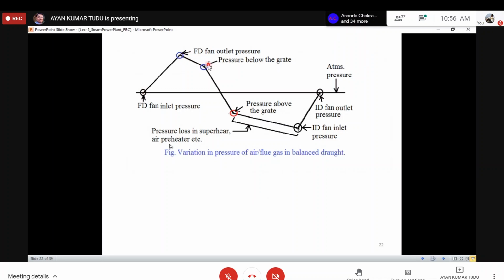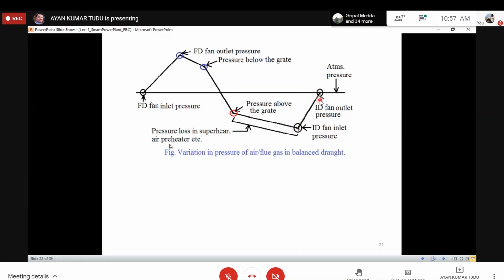Then we have pressure below the grate. This is the pressure above the grate. If this is the grate we are saying, so this is the pressure below the grate. Just above the grate it is negative pressure or just below the atmospheric pressure. The pressure loss is occurring inside the superheater, air preheater, preheaters. Okay, and then this is the induced draught fan inlet pressure and the induced draught fan outlet pressure, that is